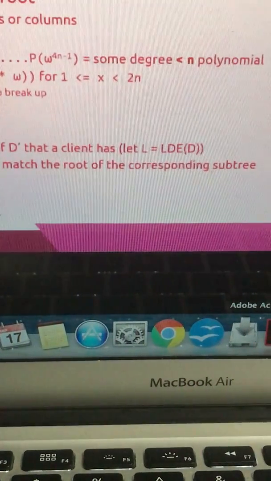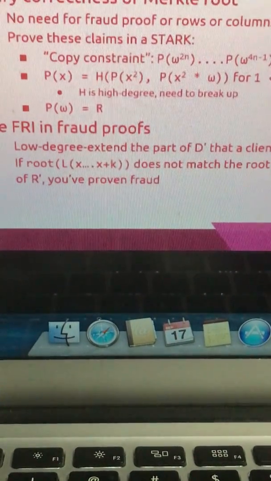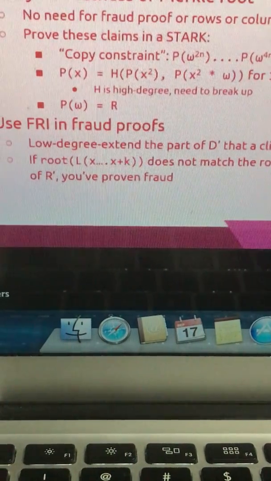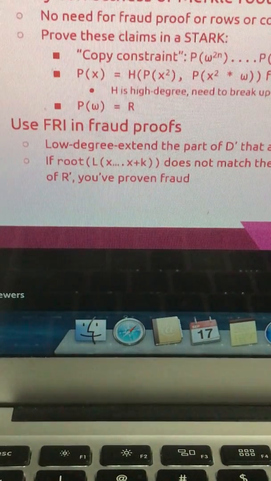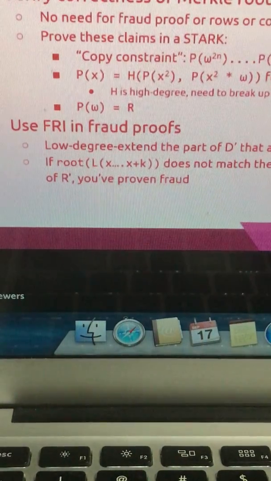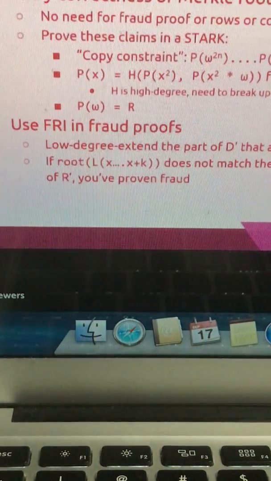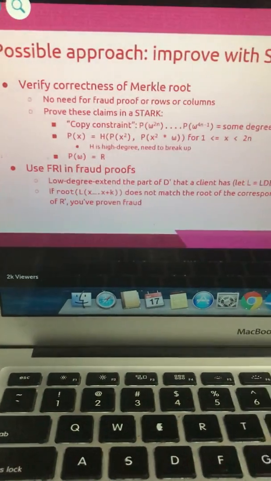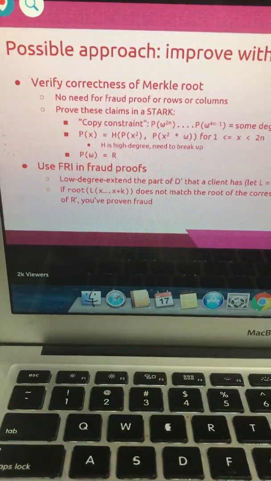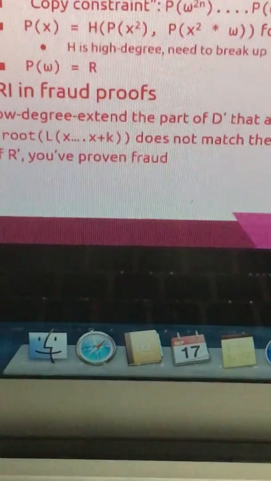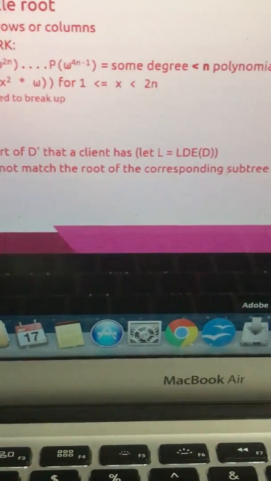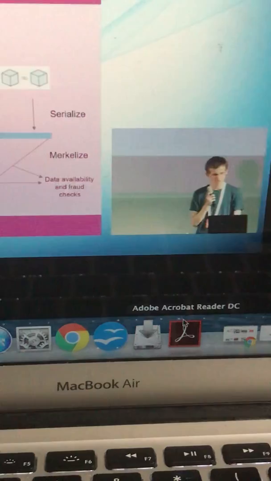Right, so the nice thing about this Holy Grail approach is it basically says, well, now we don't even need fraud proofs. And if you don't need fraud proofs, then to check availability, you don't even need a network latency assumption. All you need is the assumption that there is at least some minimal number of honest clients somewhere in the network, and that's it. And that number is not 51%, it's not 5%, it's just a constant. So, two possible ways to improve it.